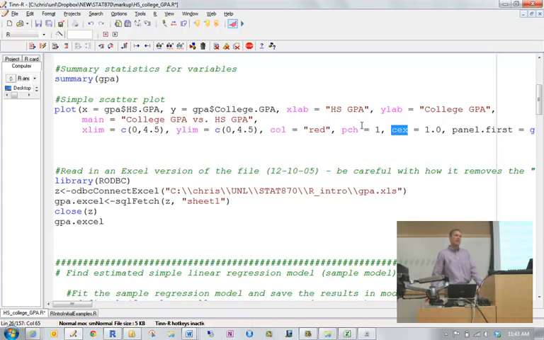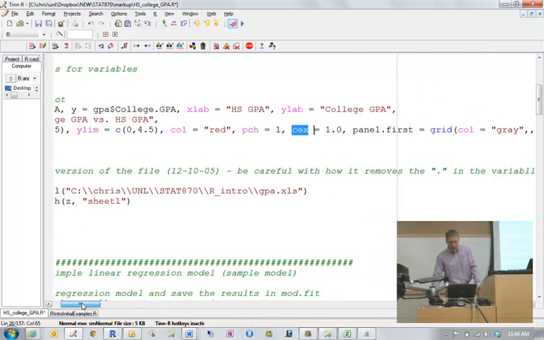Here's a little bit tougher one, CEX. What do you think that stands for? I guess I have the answers in the notes too, so that's probably why you don't want to volunteer. Anyway, what CEX corresponds to is how big the plotting point will be. The default size is 1.0. If you do 1.5, the plotting point will be 50% bigger than the default. 0.5, 50% smaller. 2 will be 100% bigger, or twice the size. And then lastly,